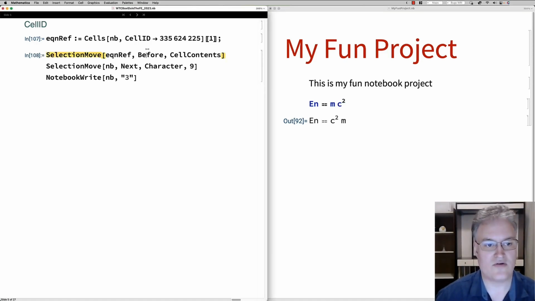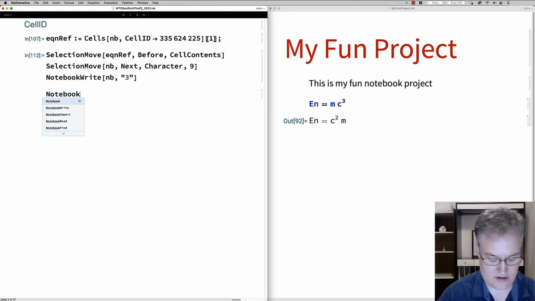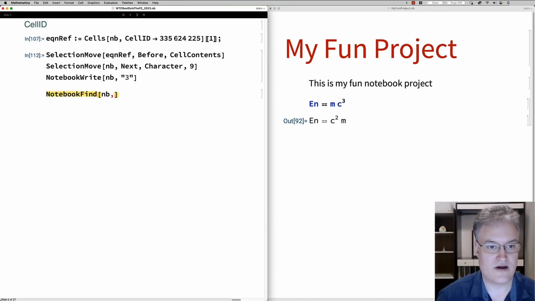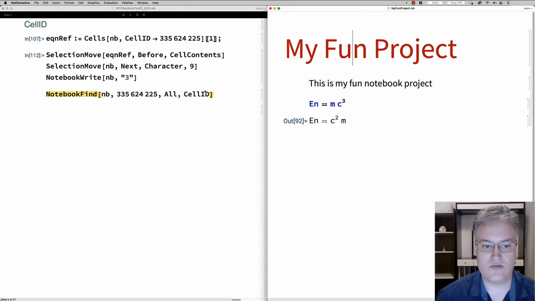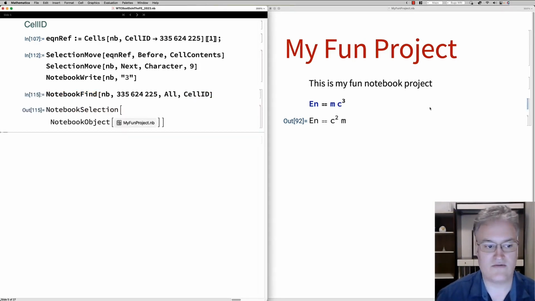The other solution we could do is turn around and use notebook find. And so we could notebook find, and we're going to find in the NB. What are we going to find? We're going to find this particular cell ID, and we're going to select the whole cell when we find it, and it's where the element is the cell ID. Right, and so this will now, in this notebook, select the cell bracket of the one we want,